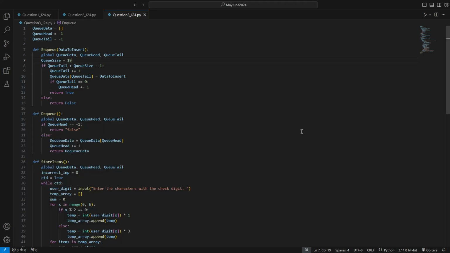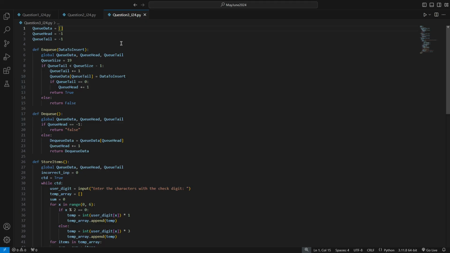So in this case, it's becoming out of range, right? Let's try to troubleshoot it step by step. So if Q tail is only less than Q size -1, we increment Q tail. Then we do Q data, Q tail, then we got to data to insert. Then if Q tail is 0,